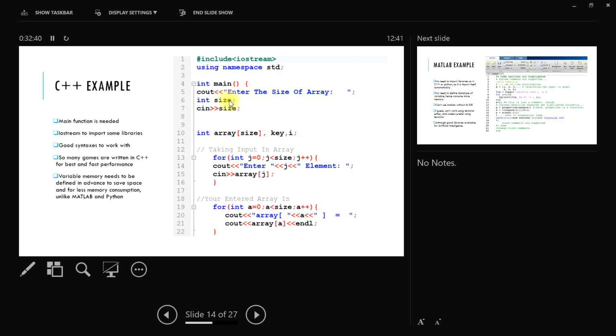This is how syntax is used in languages. You can do this in MATLAB easily, but over here you have to declare it in advance, int. This is trouble for new people who start learning the language: why do I want to declare int? It's troublesome, the computer should decide it by itself.